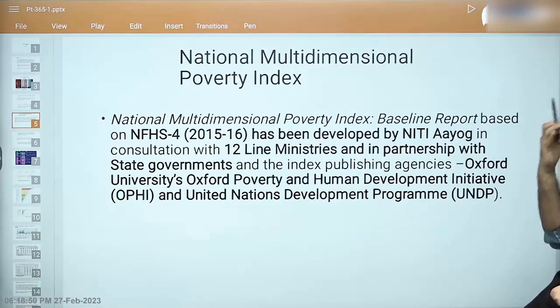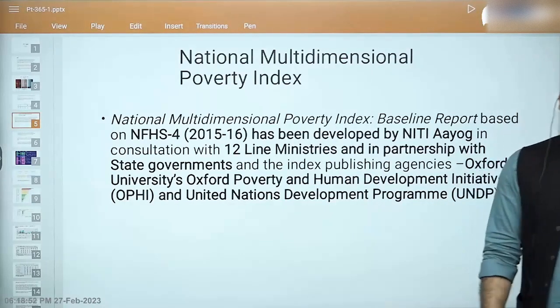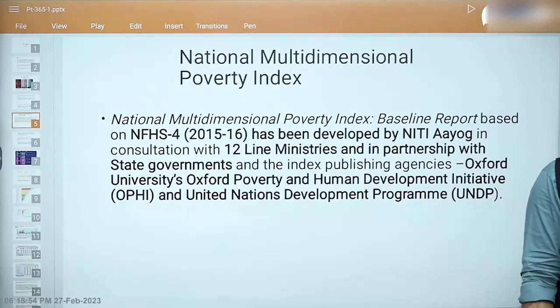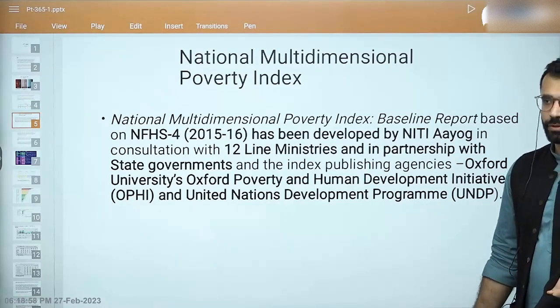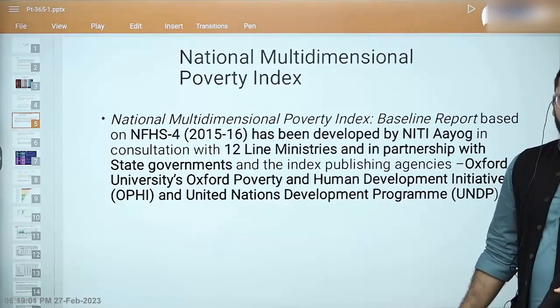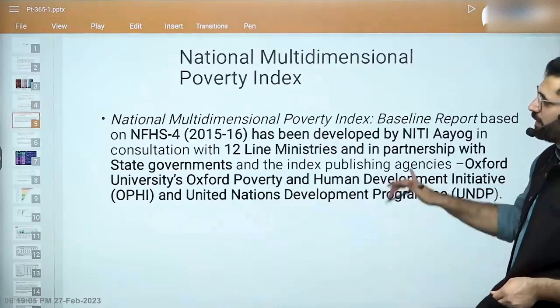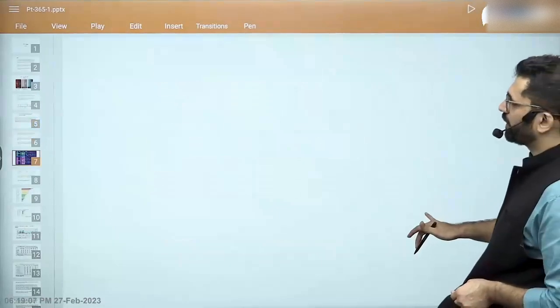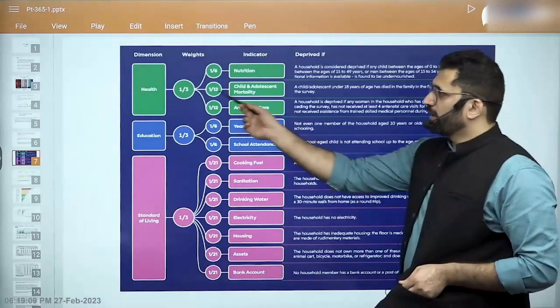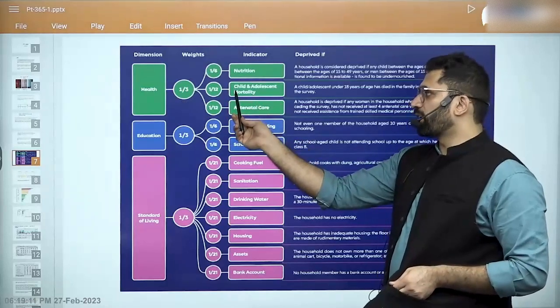India also has a national multi-dimensional poverty index. This national multi-dimensional poverty index is published by Niti Aayog. And what is the baseline data? किस data पे we do it? How does it calculate the data? ये जो indicators के data हैं, for example, this is your indicators: health, nutrition, child and adolescent mortality, and antenatal